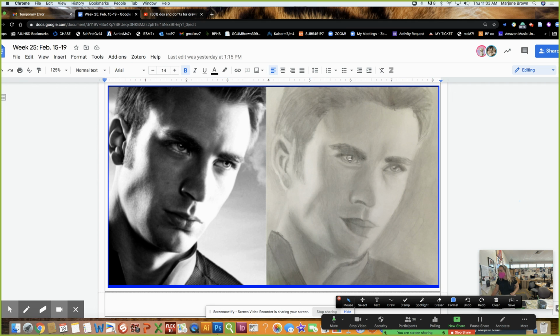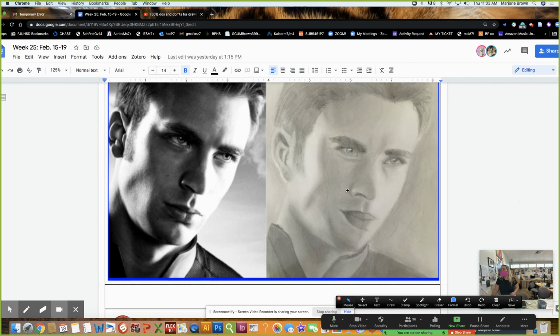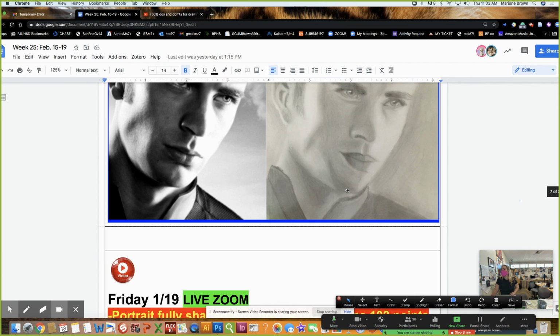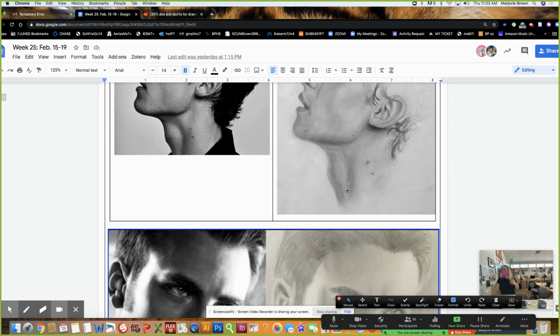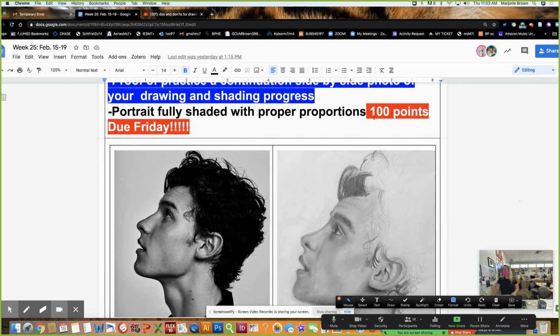So you see how her eyes have a really white reflection here because she has nice darks around it, and that's what makes the whites pop in the reflection of the eye. So that's great. And if you have any questions, I'll be walking through it. You can volunteer whoever wants to go first. This is how we learn, from conversing and